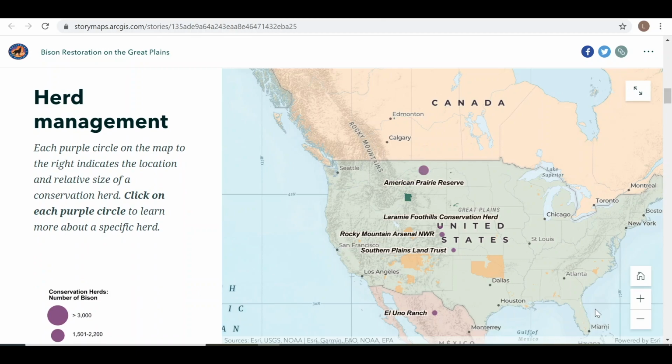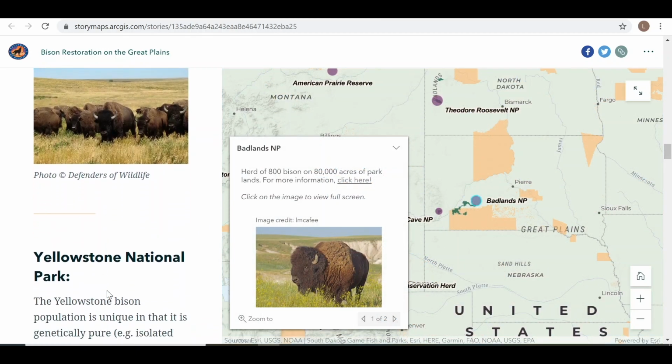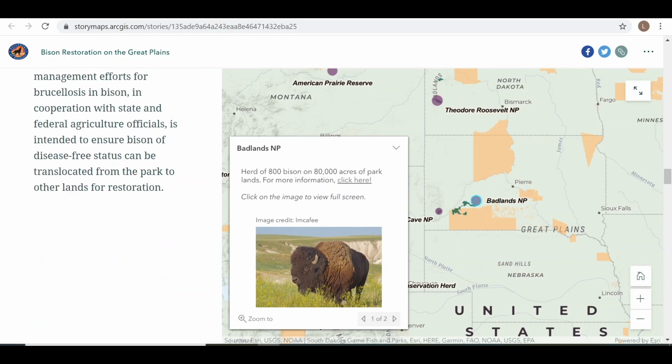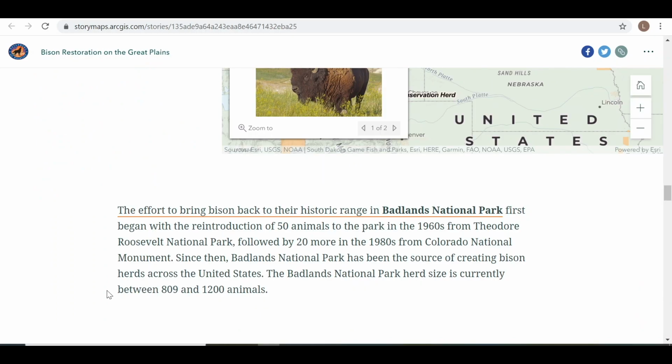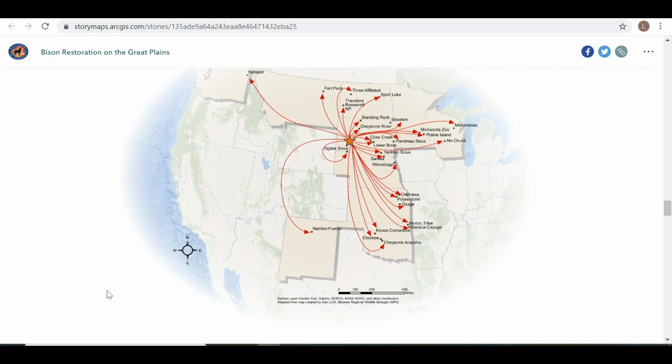The effort to bring bison back to their historic range in Badlands National Park first began with the reintroduction of 50 animals to the park in the 1960s from Theodore Roosevelt National Park, followed by 20 more in the 1980s from Colorado National Monument. Since then, Badlands National Park has been the source of creating bison herds across the United